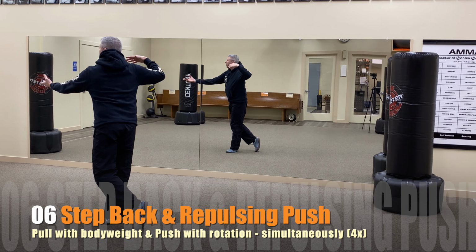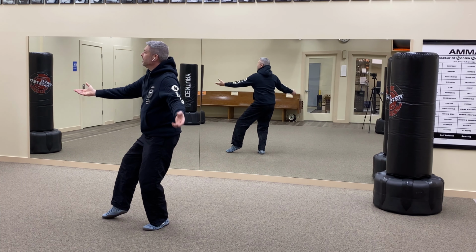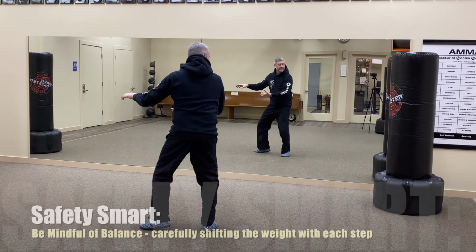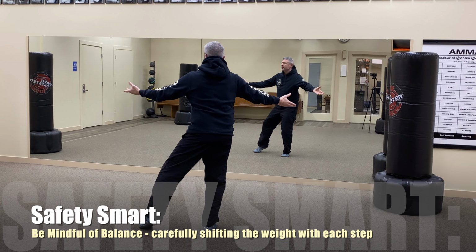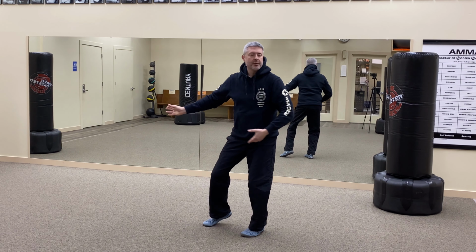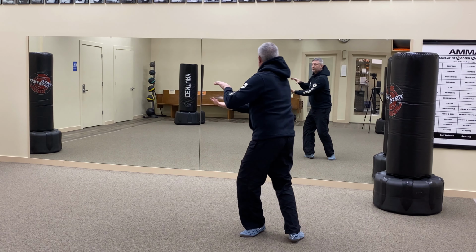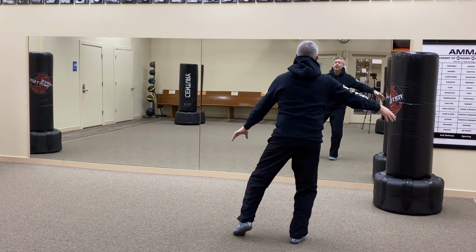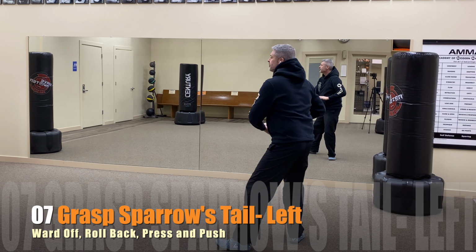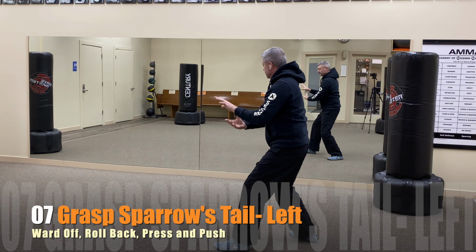We're going to go ball of foot down into the heel this time, rotating over that left leg, empty the right, step back, ball of foot into the heel as we rotate, step back, ball of foot into the heel for number 3, and last time, step back, ball of foot into the heel, and we're going to go into holding the ball in the T stance again, step out this time into ward off, roll back,